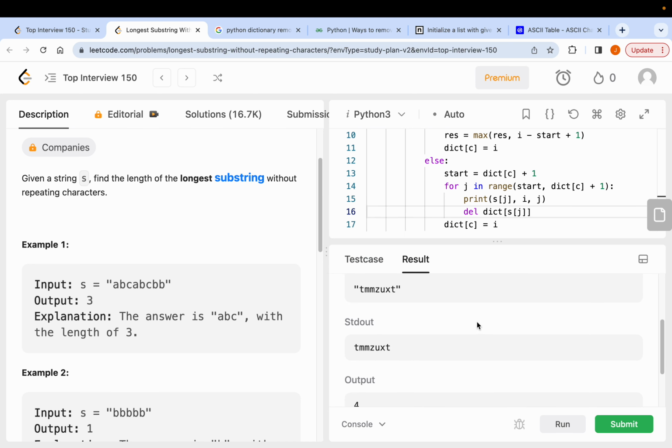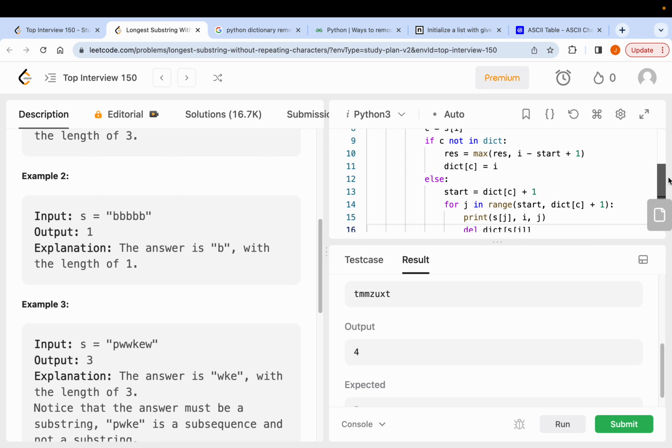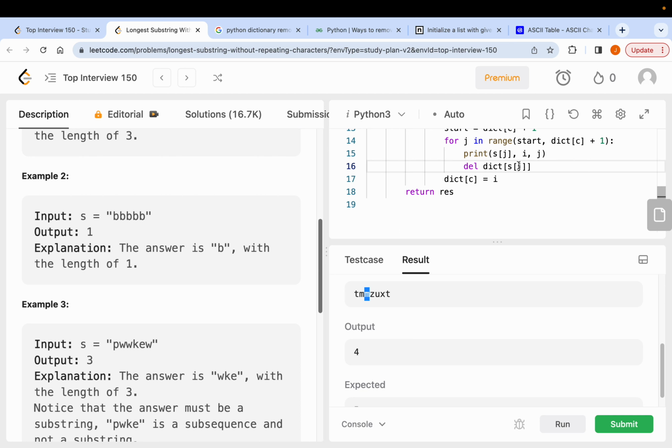Well, it seems like I cannot print anything to console, so we will have to just overview like this. Alright then, so T, M, they will be in the dictionary. Now we're at index 1, I is 1, that is in the dictionary. So start will now be, okay, I is 2, start will now be 2, because that gives 1, so start is 2, which is correct. Now for,